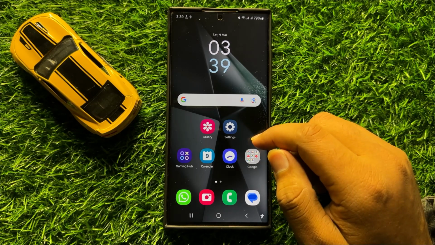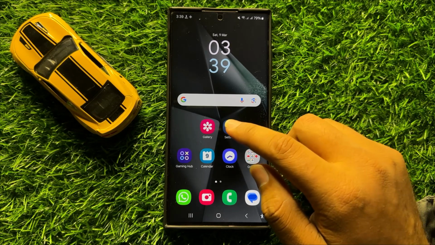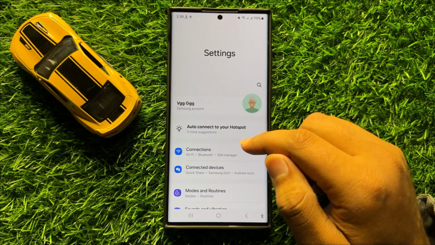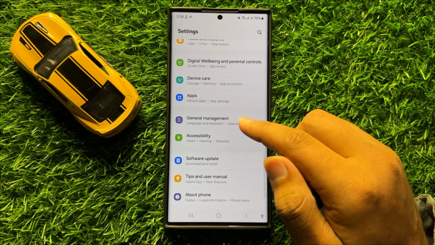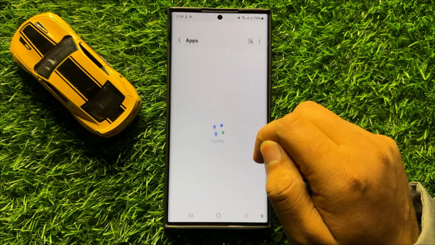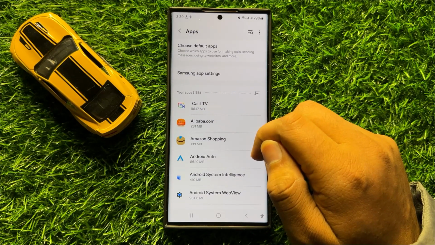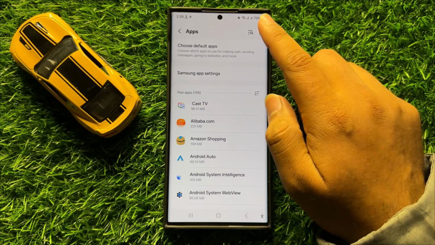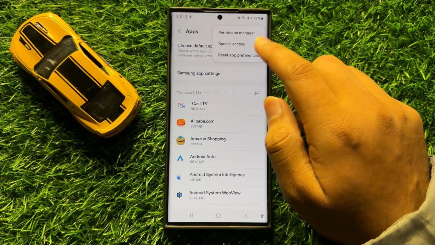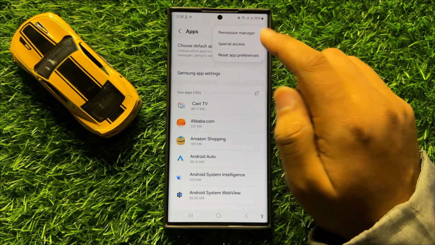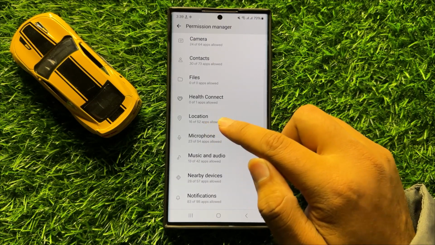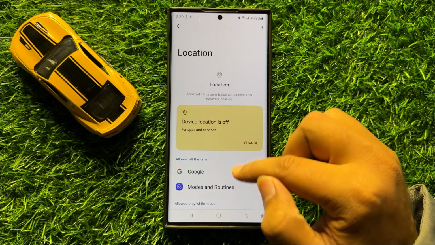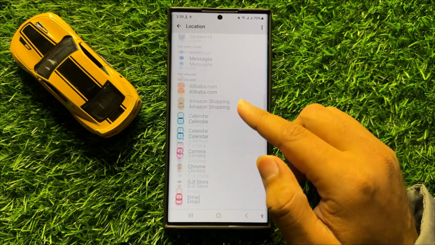So first of all, open settings. Now in settings, scroll down and here click on apps. Now in apps, click on this three dot more icon and then click on permission manager. Now here scroll down and click on location, and here it will show you the list of apps that can